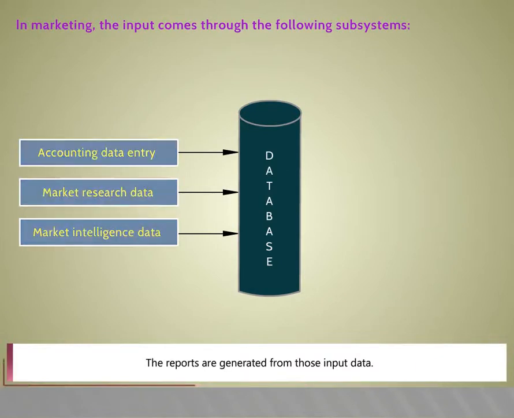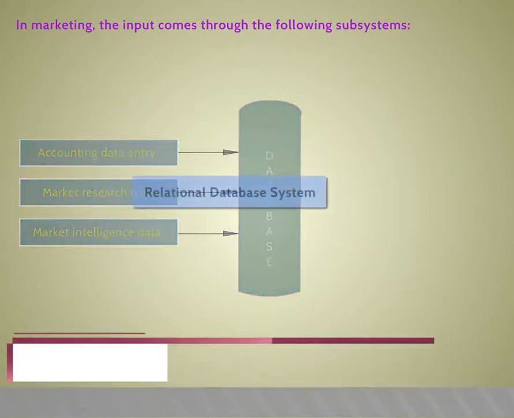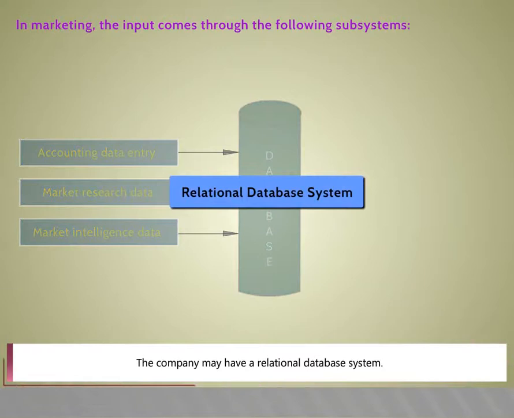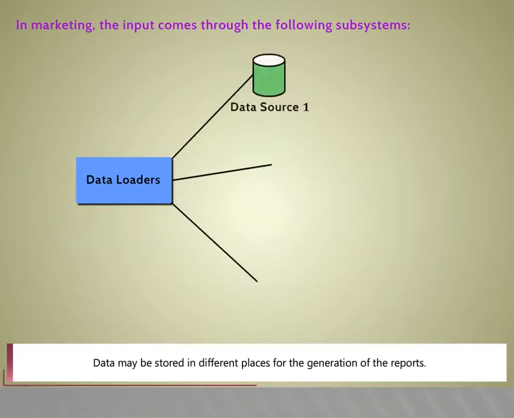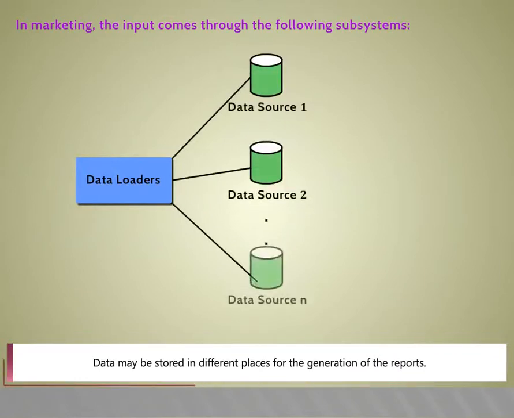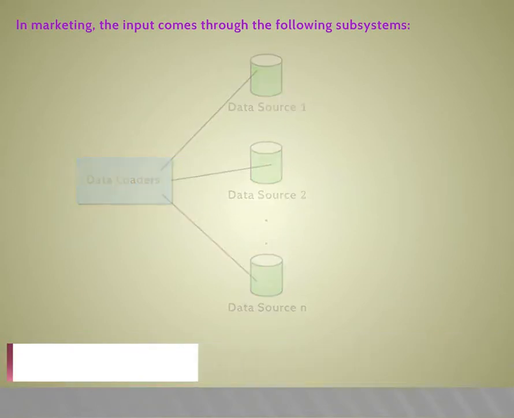The reports are generated from those input data. The company may have a relational database system. Data may be stored in different places for the generation of the reports. The output subsystem consists of the following: